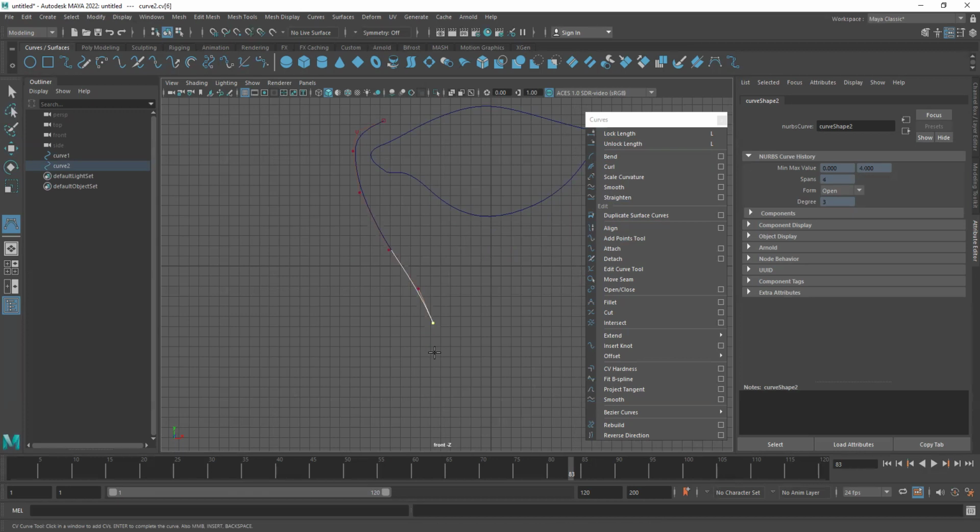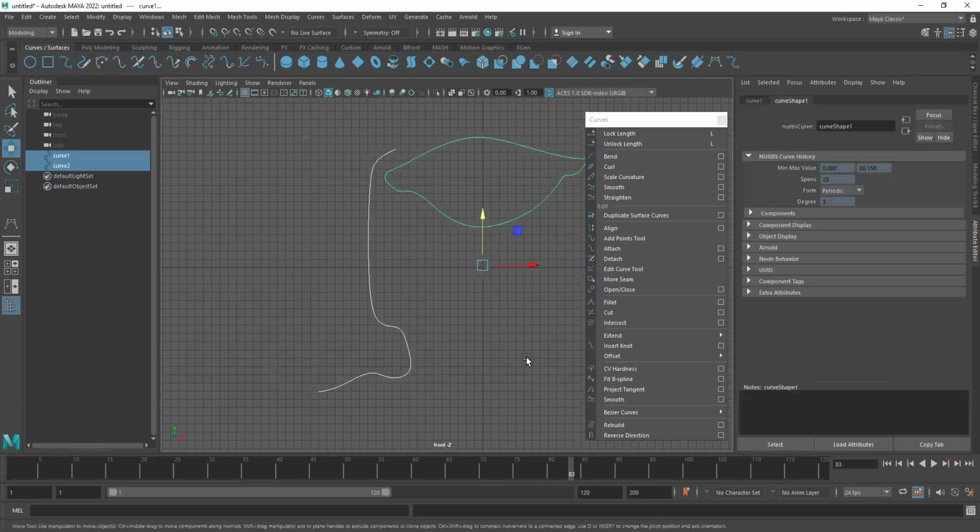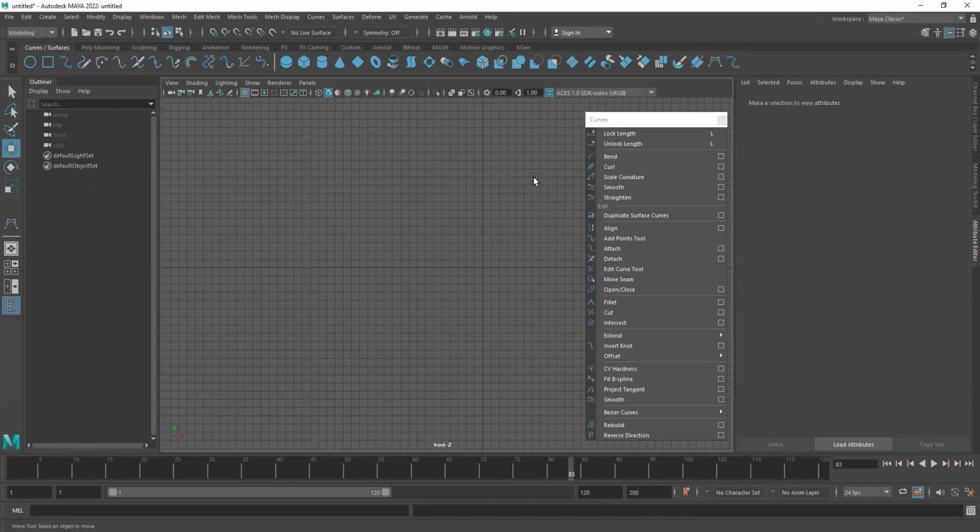Now go to the backspace to delete. Backspace, backspace, enter. So you create things. Okay, now